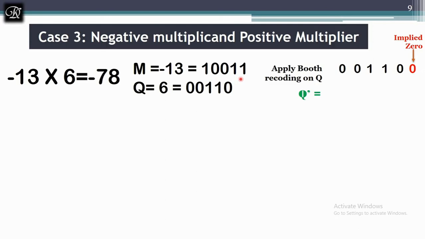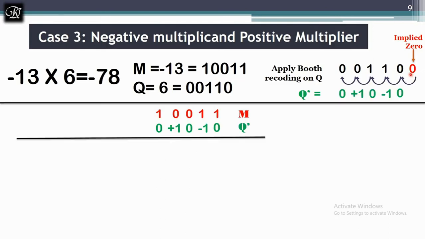Now what I will do is, I will first go with a 0, and as before I am going to extend to 10 bits. Now negative 1 and negative 13, what is the answer? When you are multiplying negative into negative, the answer should be positive. So now I should get positive 13, whose value we know, it is 0, 1, 1, 0, 1. Now I am going to write it as 13. Now we can see the sign of the positive 13 is 0. That's why I am marking the remaining bits as 0.